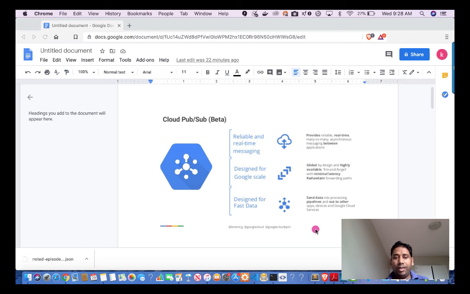So one application which is subscribing can be in Node.js, another application which is subscribing can be in Java, and an application which is publishing the message can be in Go or C++. So using Cloud PubSub, we are decoupling the systems. We are making our system more reliable, event based and asynchronous.